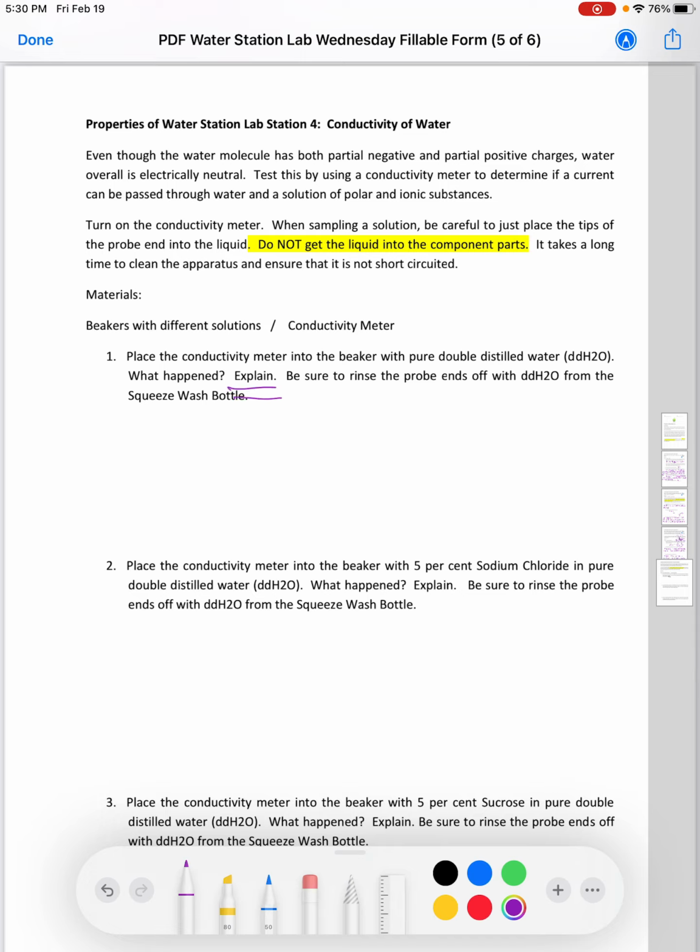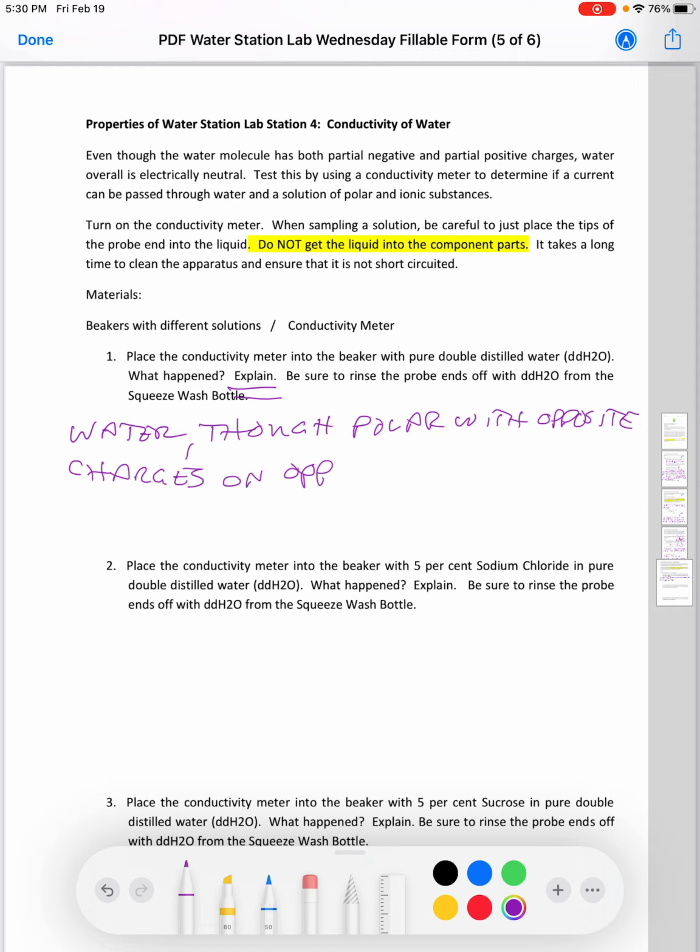So, water, though polar with opposite charges on opposite sides of the molecule,